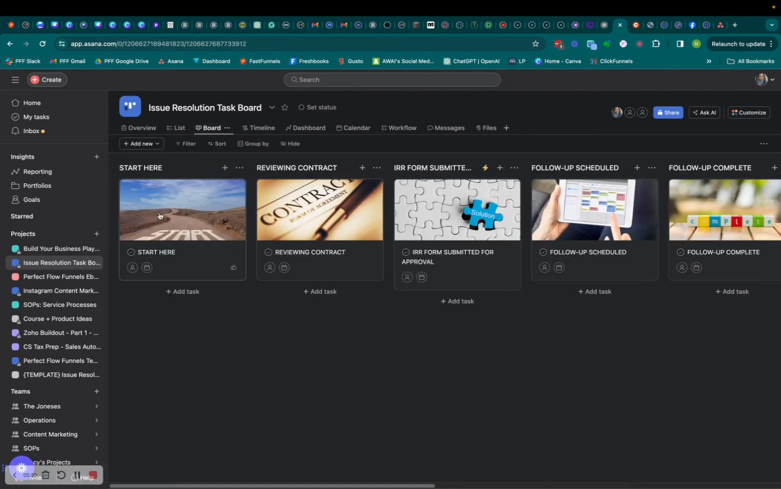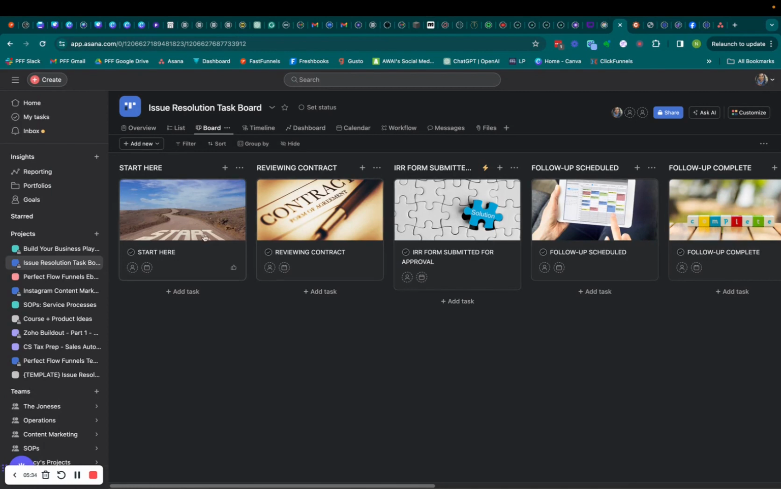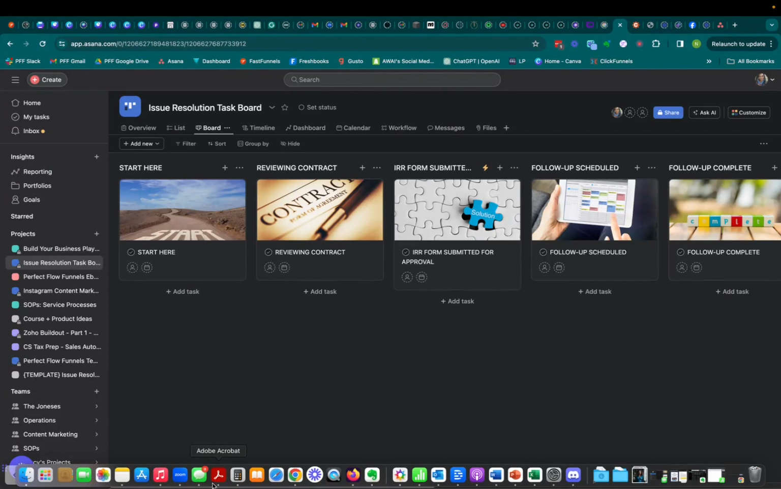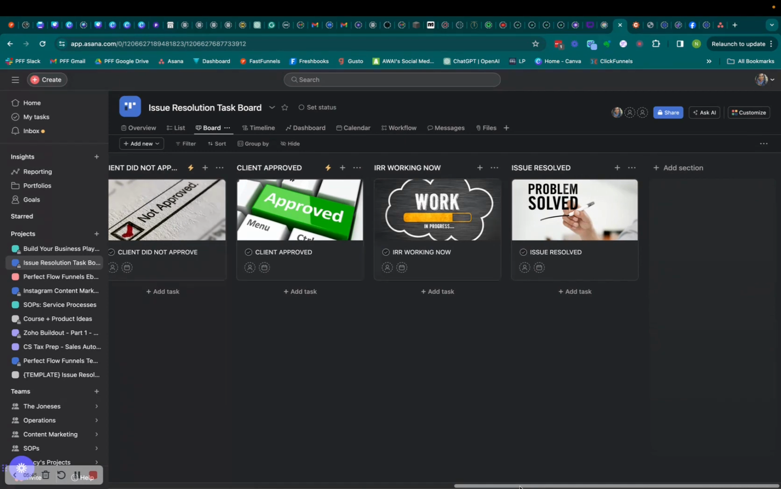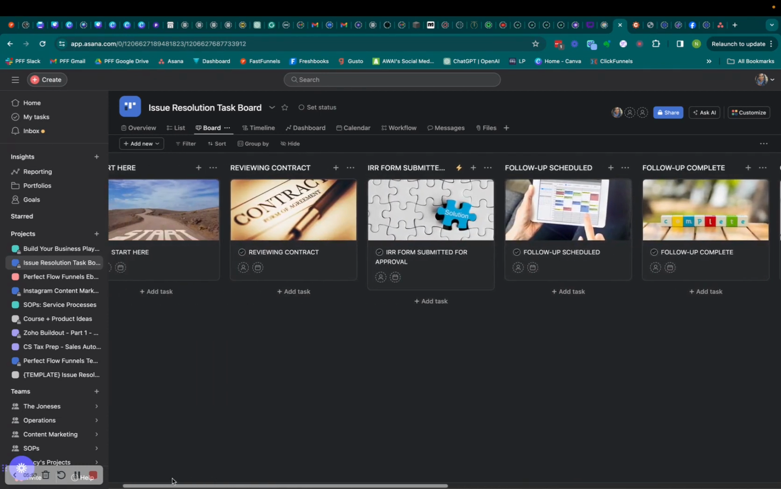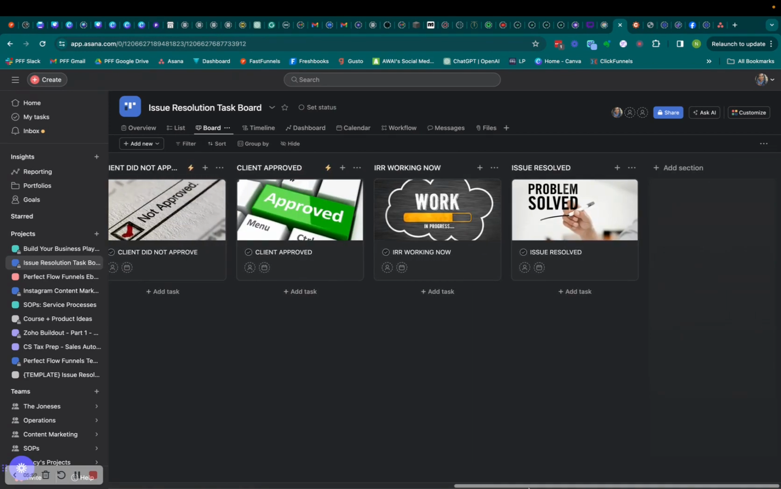So if we go back to the board, what you're going to see is that this is broken up into phases. So it works from left to right. You will be taking each issue card, and I'll show you how to create the issue card, from the far left all the way over to the right-hand side. And I did my best to make this as foolproof as possible. So if you follow the tasks and just go from left to right, you will be able to take your client all the way from initially having the issue to having that issue resolved and your team being able to